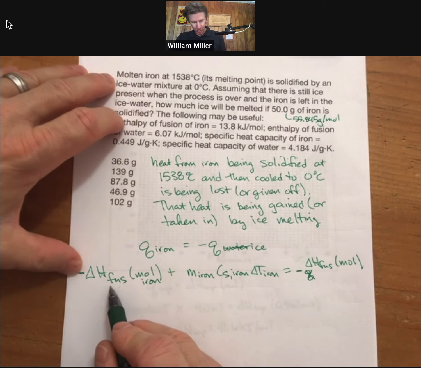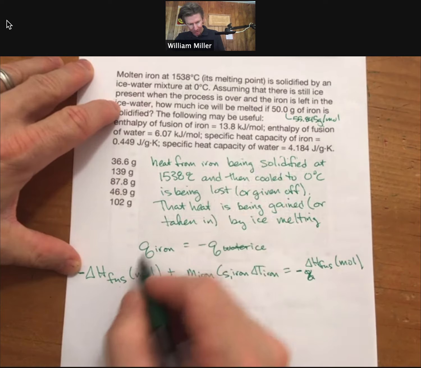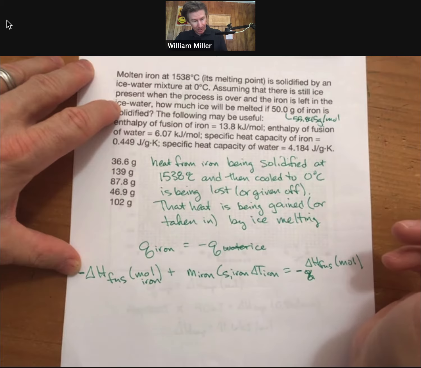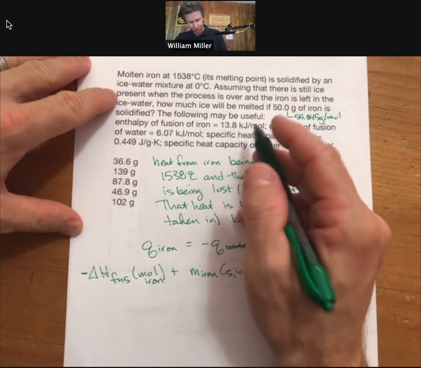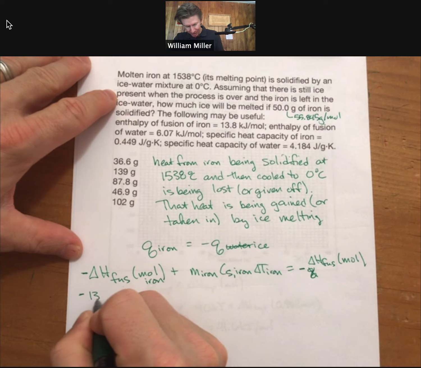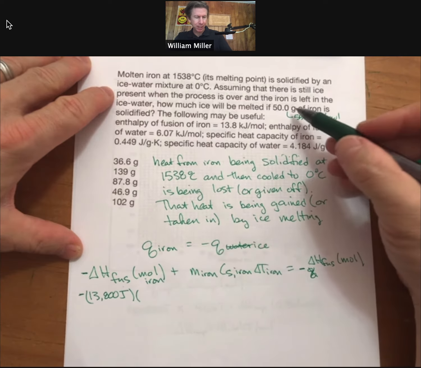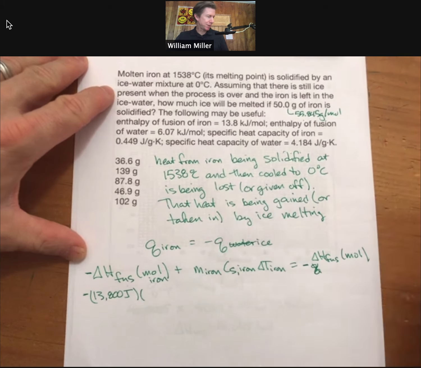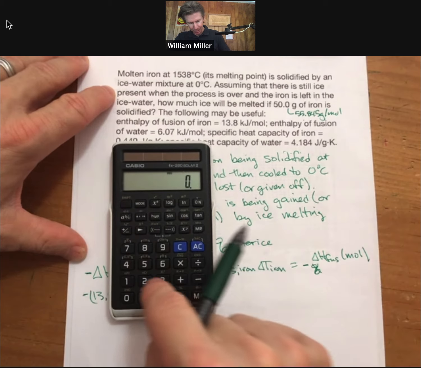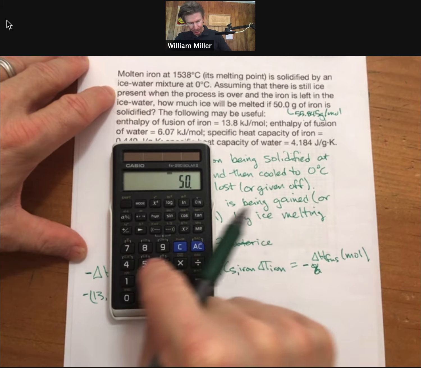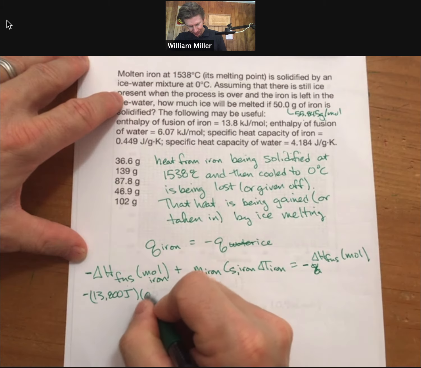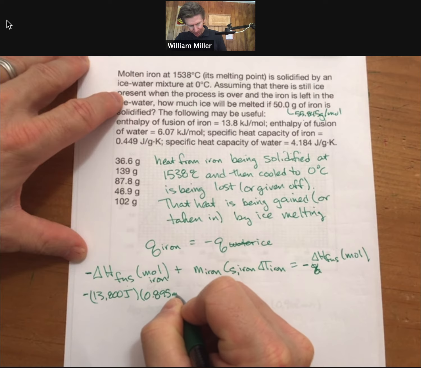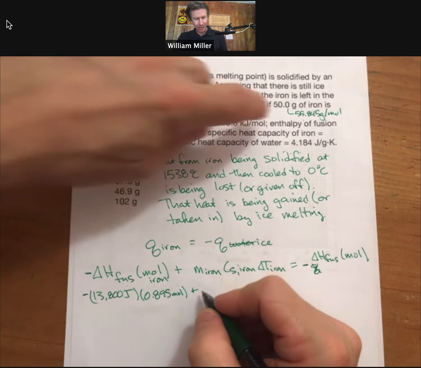So we know our delta H fusion, which is going to be 13.8 kilojoules per mole. I am a joule person, so I will put that in joules. So minus 13,800 joules. My moles, if I have 50 grams and 55.85 grams per mole, 0.895 moles, plus the mass of my iron,